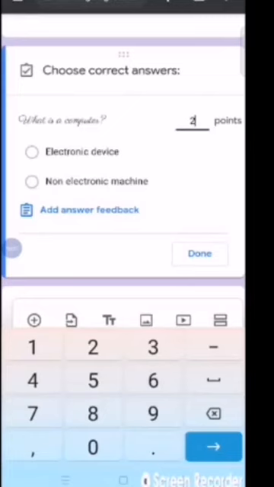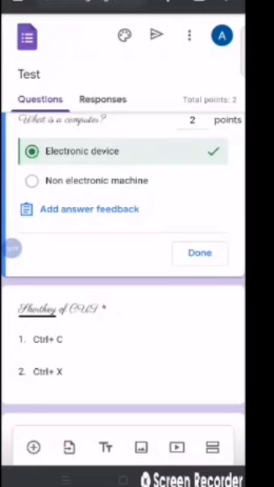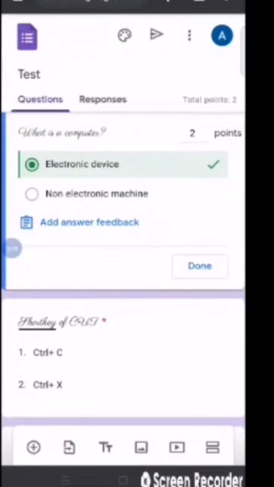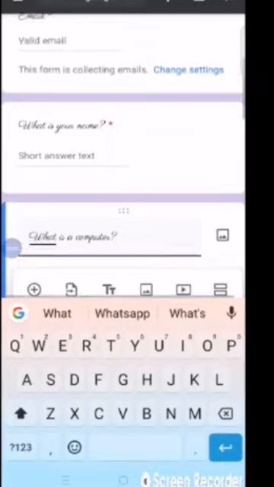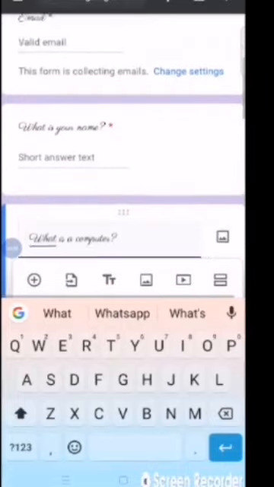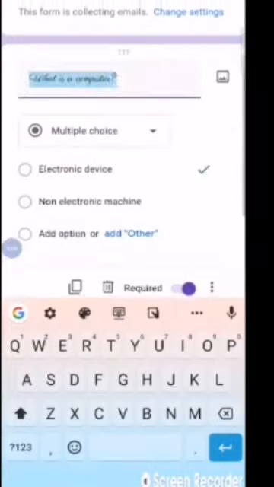Like what is a computer? It is an electronic device. See, it is green, meaning this is the correct answer. Whatever answers you mark as correct will be considered correct only. Done. Now see, 2 marks is coming. Now this same thing you will do in the next questions also.